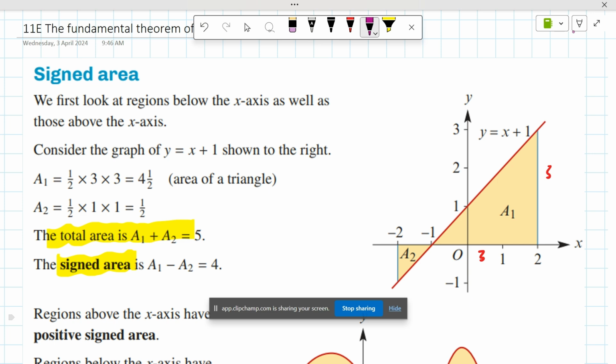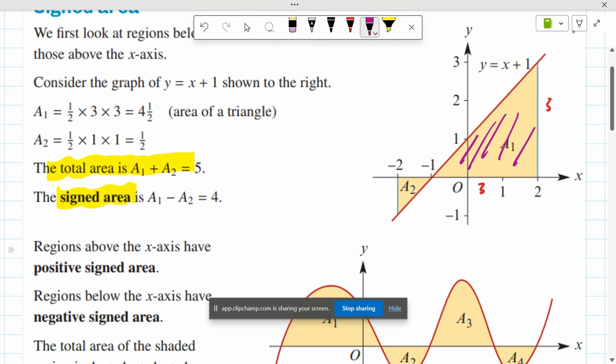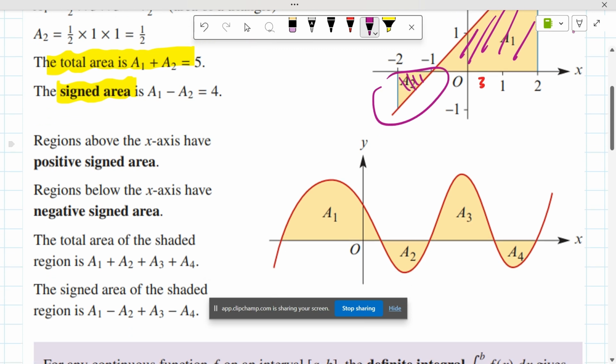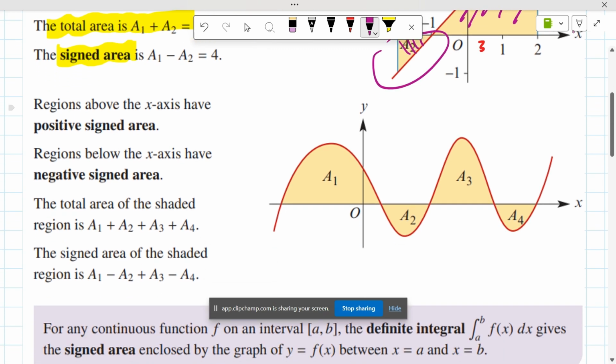So we can say A1 is a triangle area. That's 3 times 3 divided by 2, which is 4.5. And A2 is another one, which is a half. But if you calculate the total area, it is A1 plus A2. If you want the sign area, you have to do A1 minus A2, because that's a negative area below the x-axis. So we have positive sign area and negative sign area: A1 and A3 are positive, and A2 and A4 are